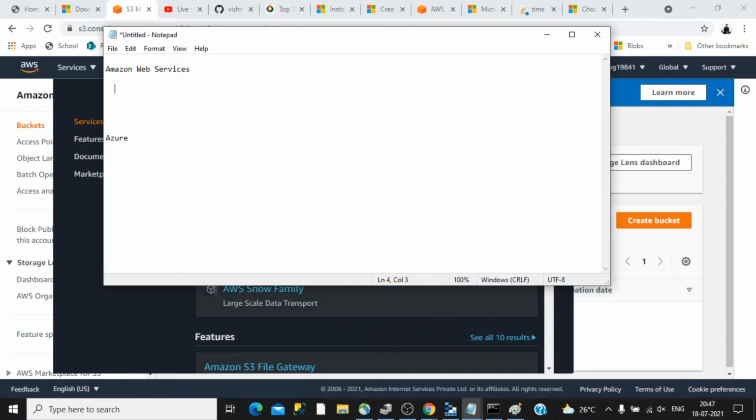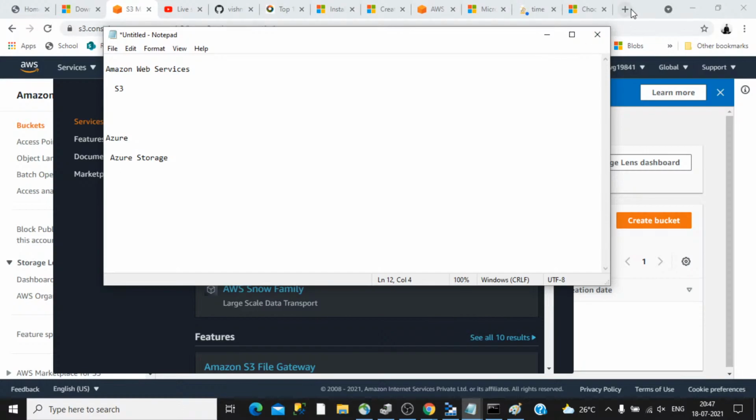In the case of Amazon Web Services, it is called S3. This is the traditional form of service that Amazon had when they first started this platform. In the case of Azure, it is called Azure Storage. There is a difference here, so we can't map them equally.